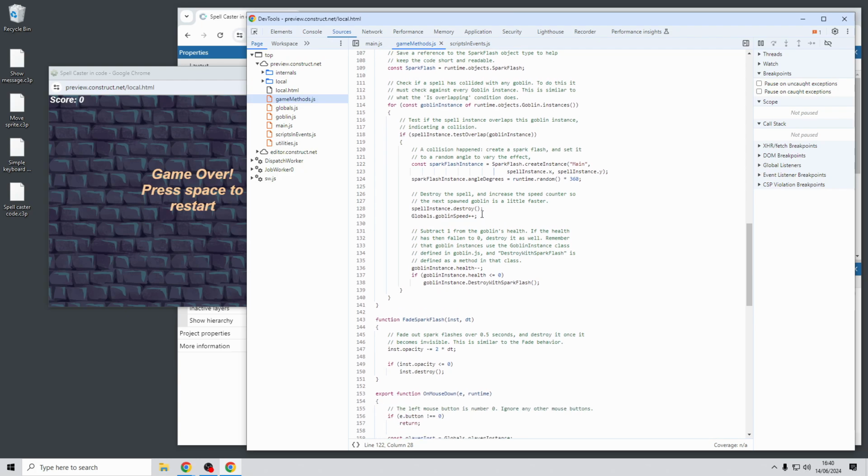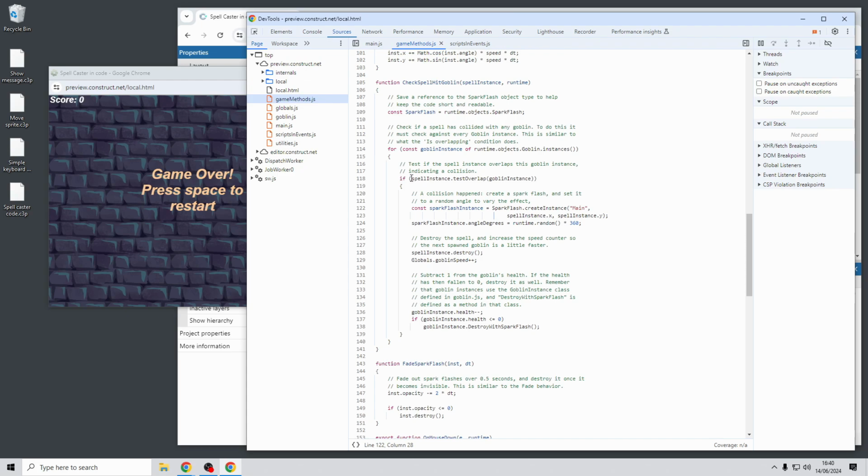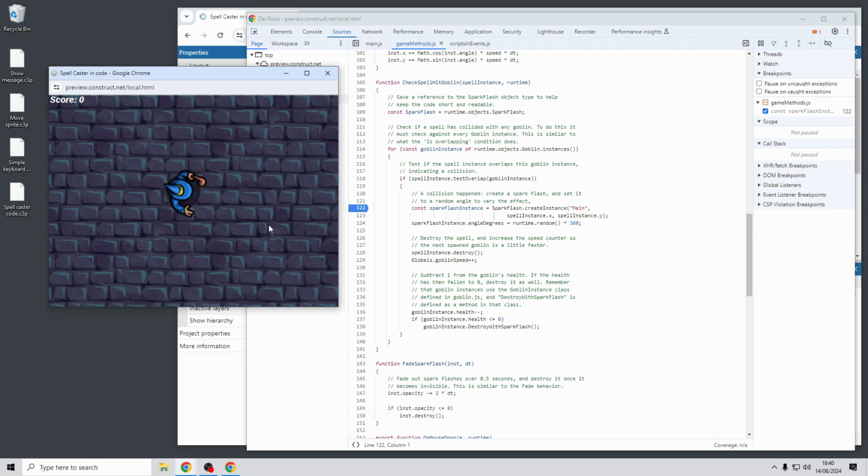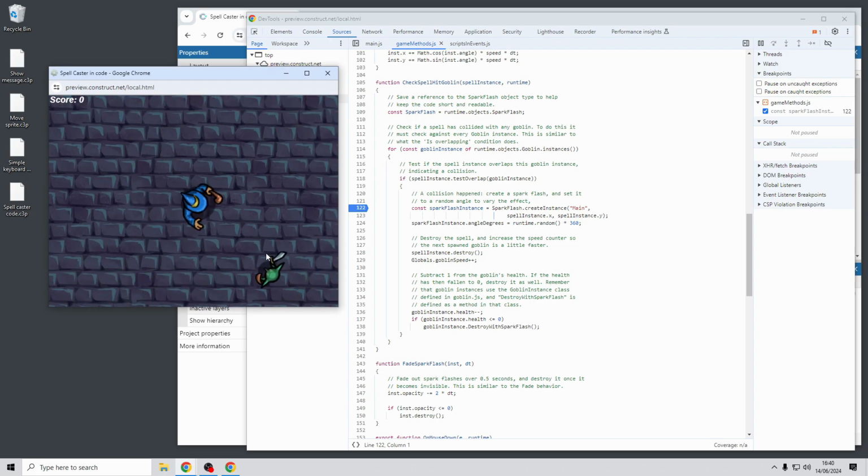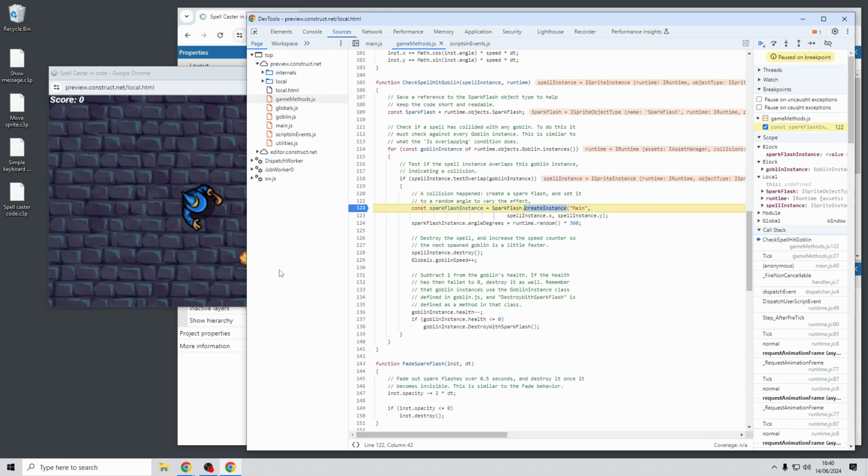And what I can do is I can set a breakpoint. So when one of the spells collides with the goblin, I can set a breakpoint inside of that, and the debugger will stop and pause the application when that happens. And let's see what happens when I do that. So if I find a goblin and I fire a spell at it, as soon as it hits the goblin,